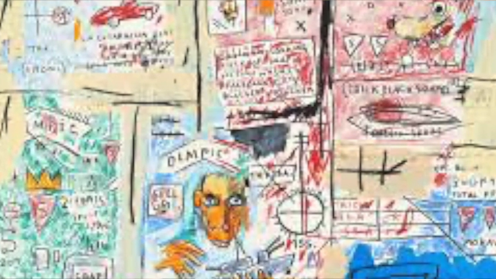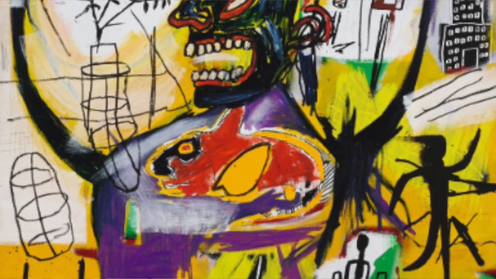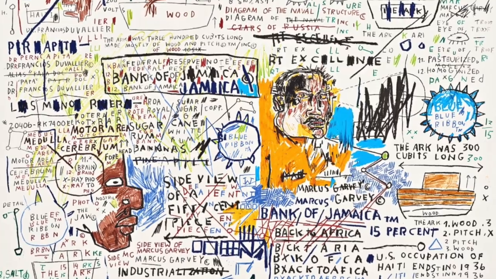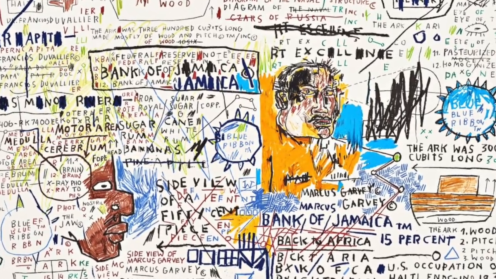Now, we have a new artist to talk about for Black History Month. This week, we're going to talk about Jean-Michel Basquiat. Jean-Michel Basquiat was a Haitian Puerto Rican artist who was working mostly in the 80s. He had a short career, but he made a ton of work. And he had a lot of success at a very young age.